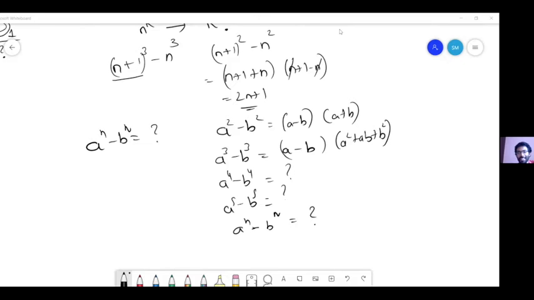Very interesting. Gauri ma'am has given the initial sequence as the digits of pi, 3, 1, 4, 1, 5, 9. And she claims that this will never reach 0. Whatever sequence you give, you must be able to find the nth term, even if you're not able to represent it in a formula. Digits of pi, I don't think they have a general term, right? Because it is non-terminating, non-repeating, so they don't follow a certain pattern. So I don't think we can come up with a generalized term for digits of pi.